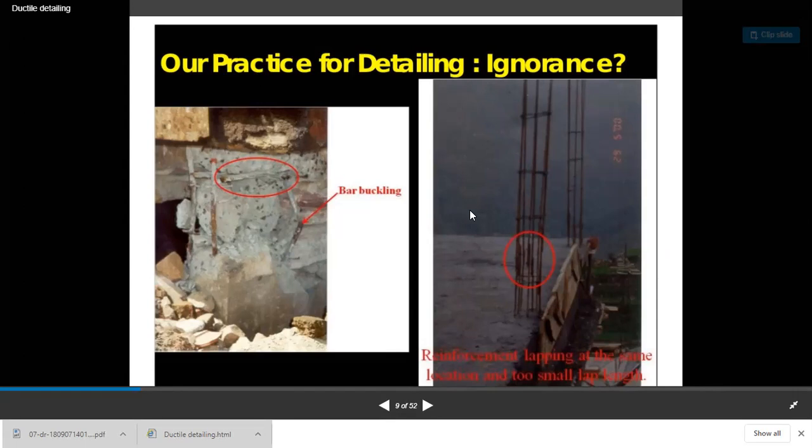There is some ignorance we have while constructing the building. There is ignorance with respect to these small points. You can see here there is a bar buckling. Bar buckling is nothing but main steel and distribution steel, that is the steel reinforcement they have shown, and on this main steel and distribution steel comes which is